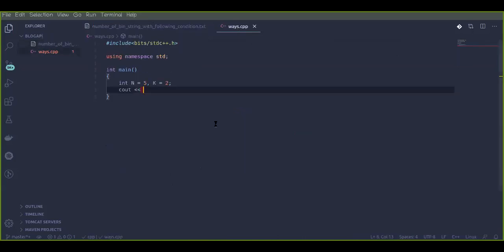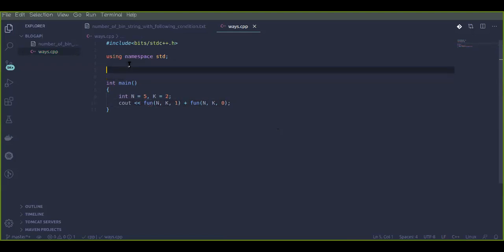So here we will simply call, let's say, fun, the function name. Here we will pass n, k, and the last value, which is either 1 or 0. I hope you get it. The third parameter that I have written right here denotes the last value of the current binary string.